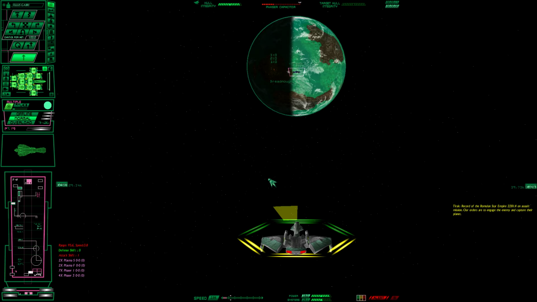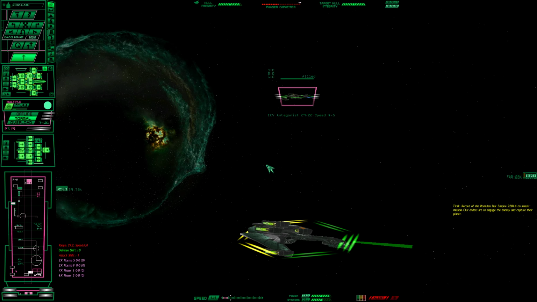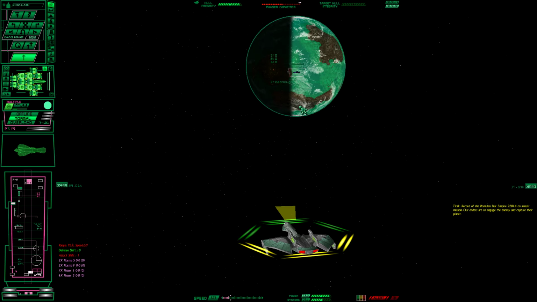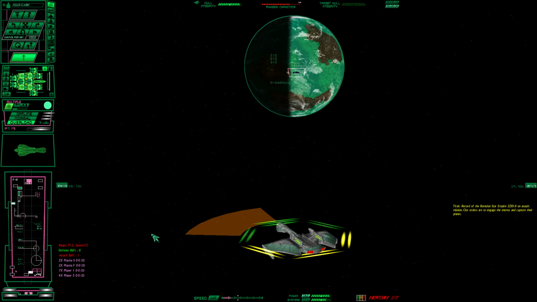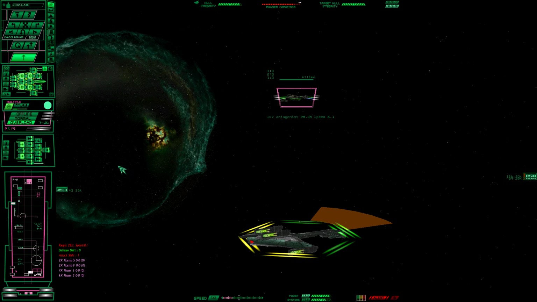Although, luckily, we have brought some Klingon friends with us. We are escorted today by the IKV Demolisher and the IKV Antagonist, which is a dreadnought in its own right. And it is a LGE, a Legionnaire dreadnought, so shouldn't be the most horrifically overpowering thing ever. But I am probably going to vector on over towards our little friend over here in the Antagonist. So if I can get behind him...